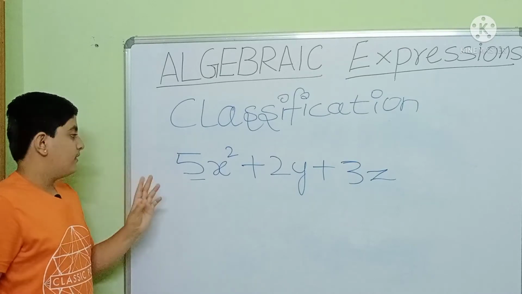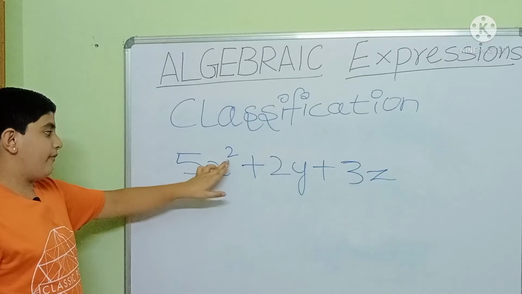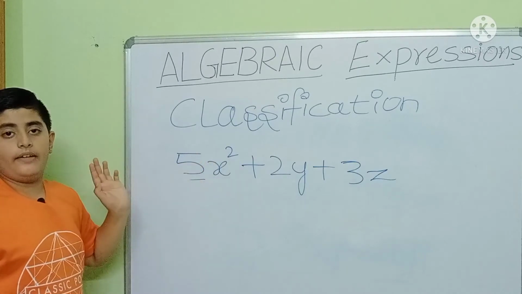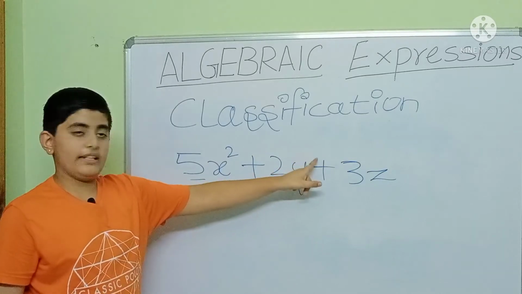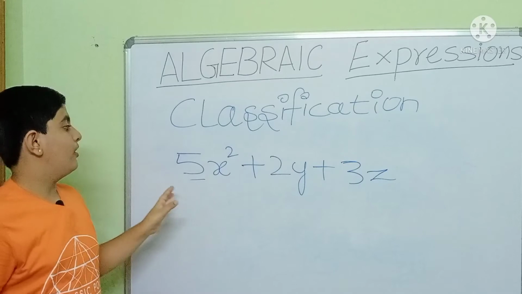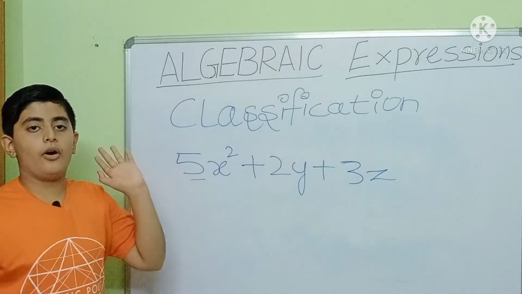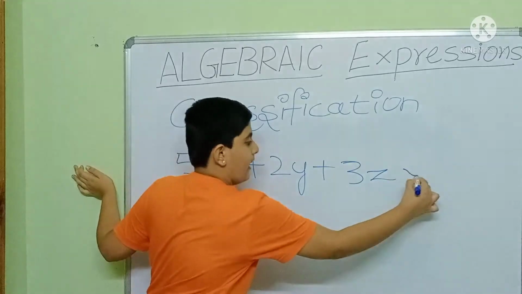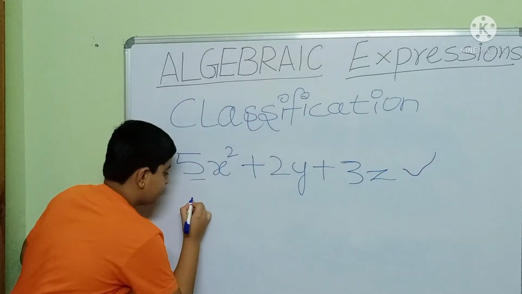Second law. The power of the term should be positive. Here plus 2. It is positive. Here plus 1. It is positive. Here plus 1. It is positive. So this whole algebraic expression will be a polynomial. It will be agreed. If we take another example as